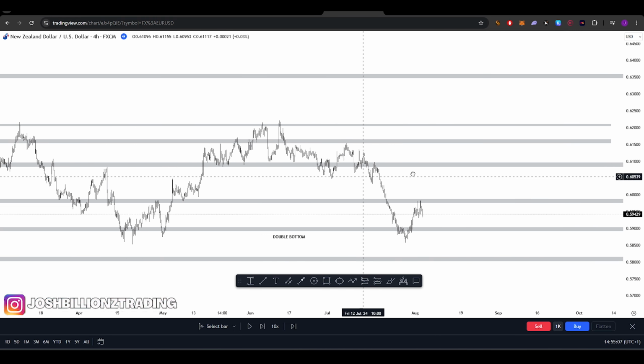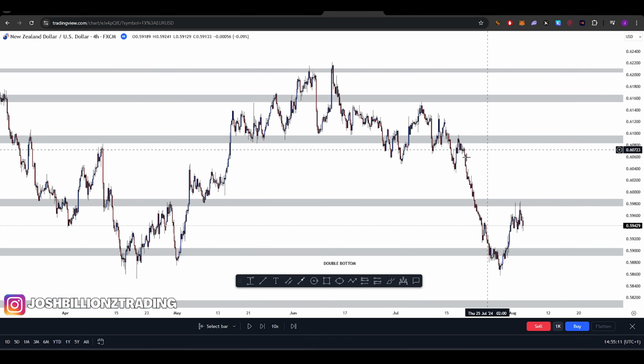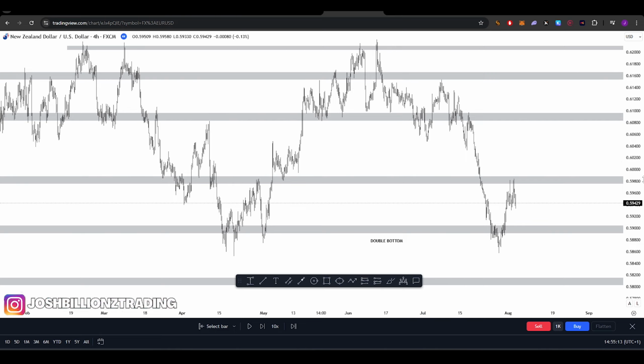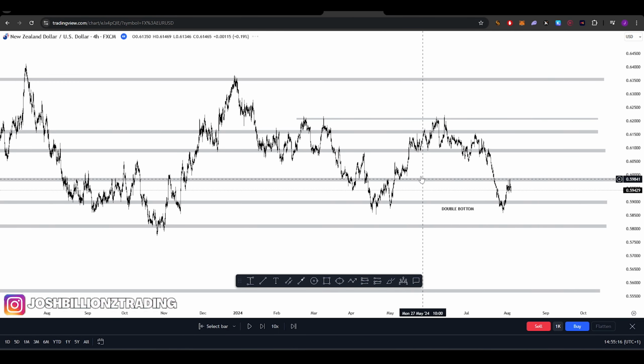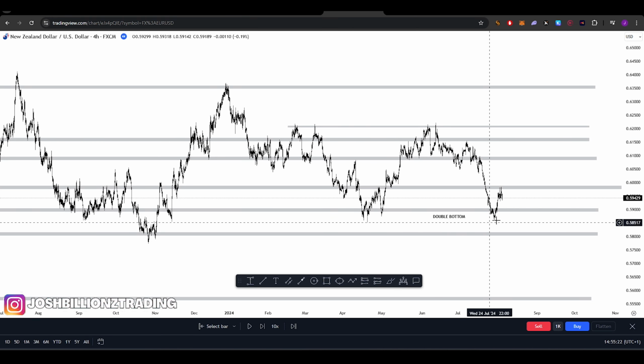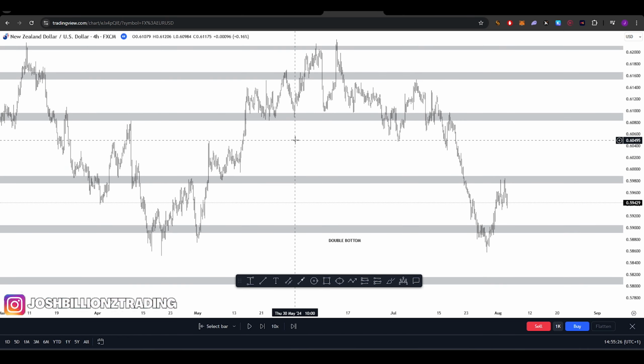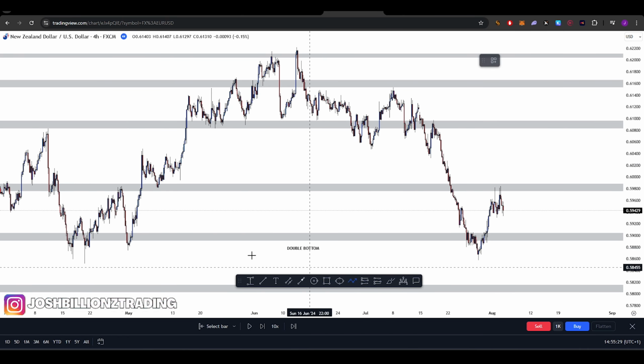So the first thing I always want to look at is market structure. How is the market looking? Support and resistance is quite easy to tell. As you can see, I zoomed out with this view. You can tell what's happening. Price bounced around here, rejected this level, and now it's been holding at this level. So let's get into the market structure now. So if I get out this tool here,